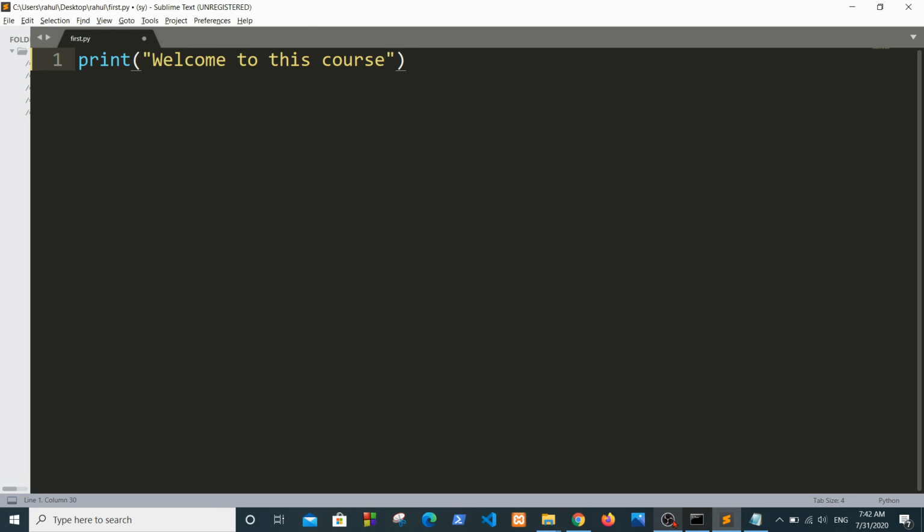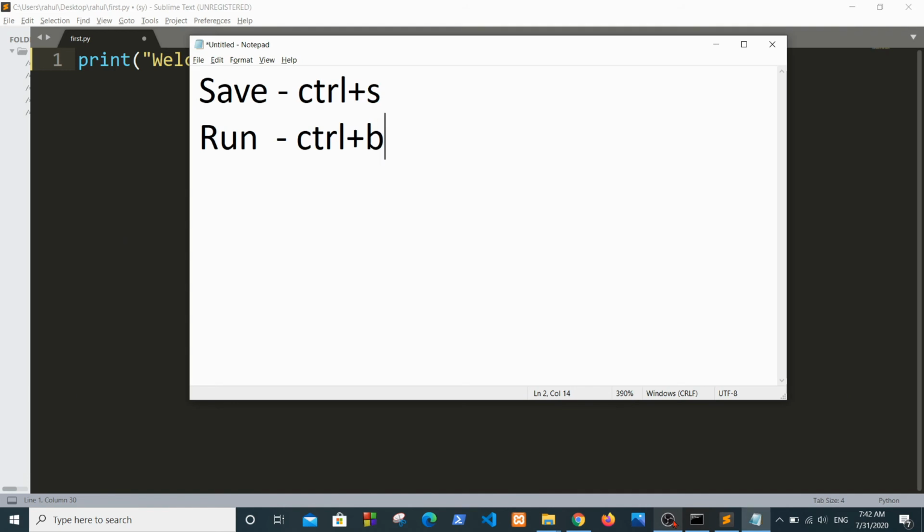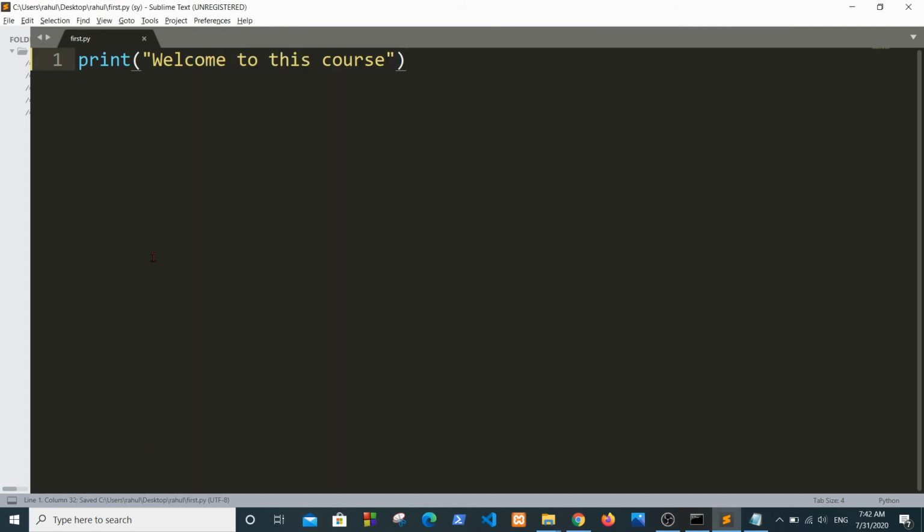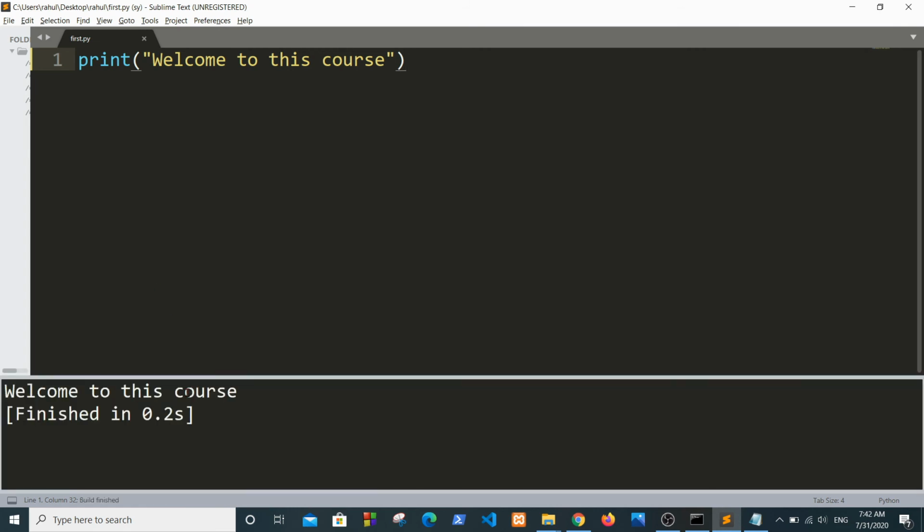So here is the shortcut key for save and run the program. So I'm saving this with Ctrl plus S. After that, I'm clicking on Ctrl plus B. It will give you the output.